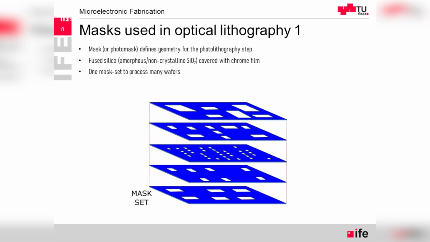And it's partially transparent. The transparent part is the silicon dioxide. And it's covered also with chrome film to be opaque in the places where we don't want the light to come through to